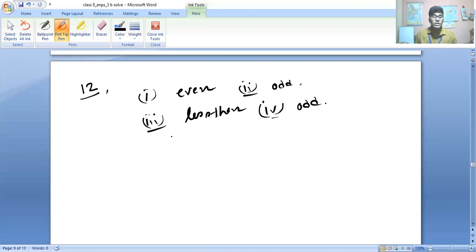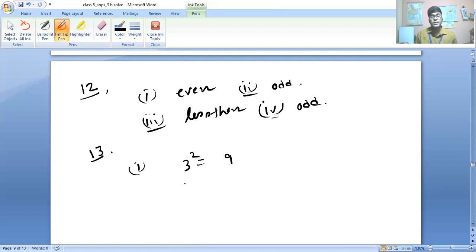Now let us do question number 13 then. Then this exercise will be over. In question number 13, they have said true or false. First question: the number of digits in a perfect square is even. We cannot say anything about it, right? For example, 3 square being 9. So an odd number of digits.